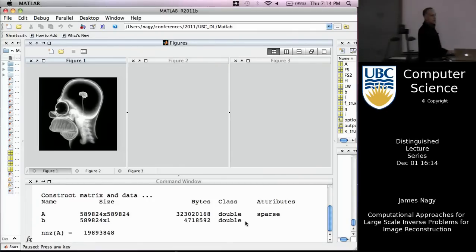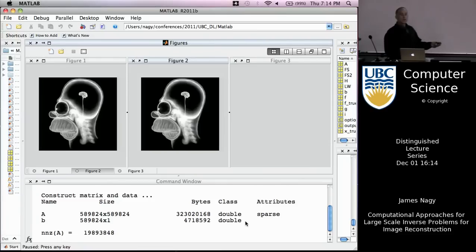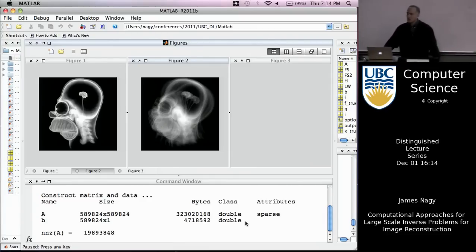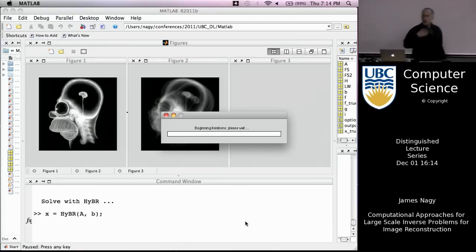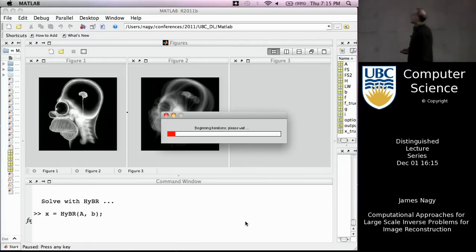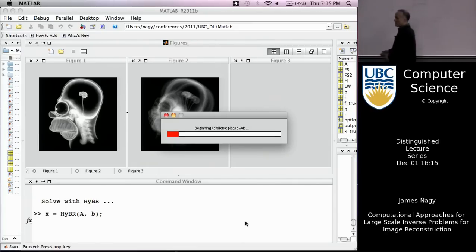Let me show you what the blurred image looks like. Again, the image shakes, right? And I keep shaking it back and forth. I shook it randomly, actually, so forward and backward in random sort of sequence. And then let me just run our method, this Hyper method, on it. It's running, again, in real time on this silly little laptop. It's just showing you the iterations as it goes. And I think it just takes a few iterations, and it computes a pretty good solution, actually, in this particular